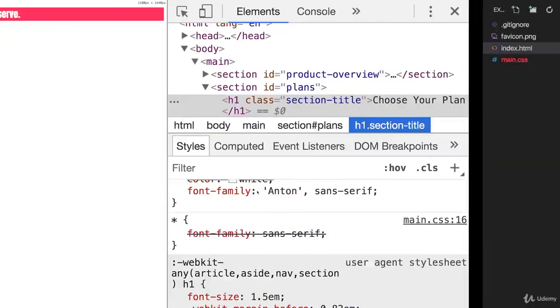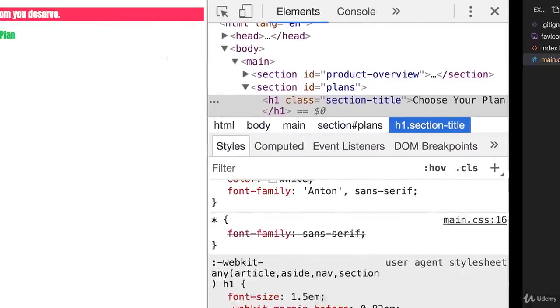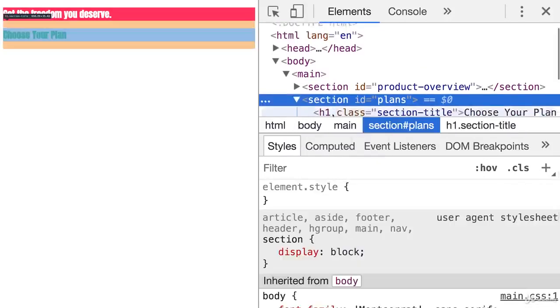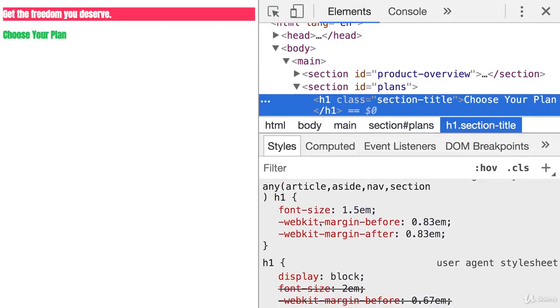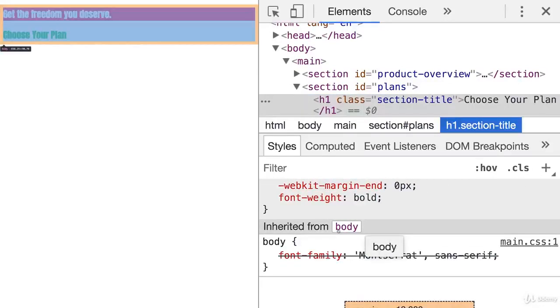So let's copy that rule. Let's close the tab. And in main CSS, I'll assign this to my body. Now if we save this and reload, again, no change. However, this is a better way of doing this because it's more efficient. And theoretically, it would get applied to that h1 style here. If you scroll down in the applied styles and you go below the browser default, you will actually see that inherited from body section. And elements inherit styles from their parents, direct or indirect parents, and not just from the